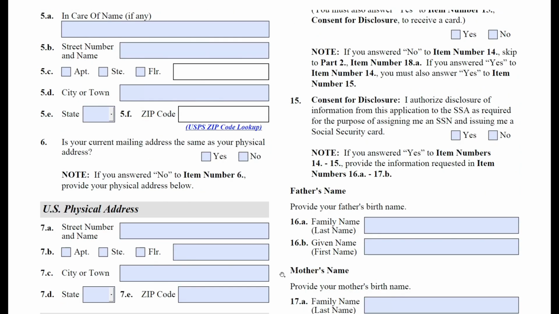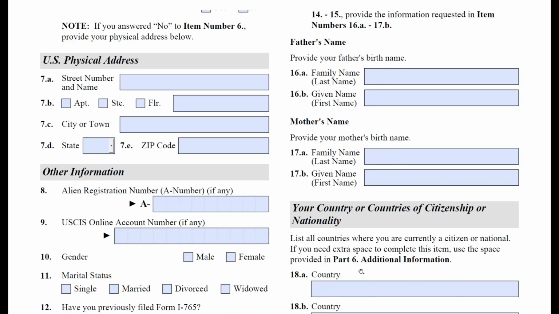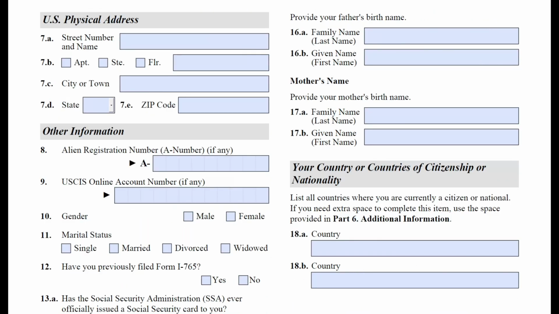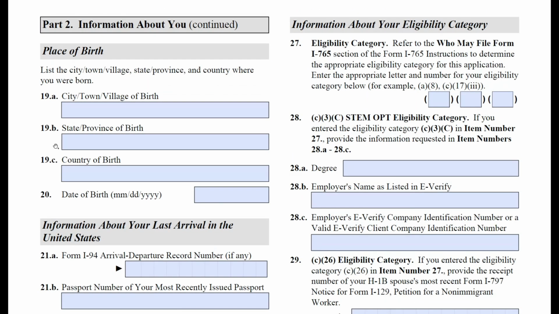So now father's name, you need to provide your father's name and mother's name as per your passport, and then your current country of citizenship or nationality. So you need to provide that. If, let's say, you had multiple nationalities in multiple countries, then you need to provide all the list, right? Then place of birth. So this information, item number 19 and 20, you will get on your passport,